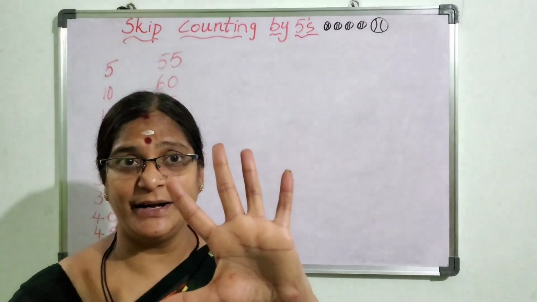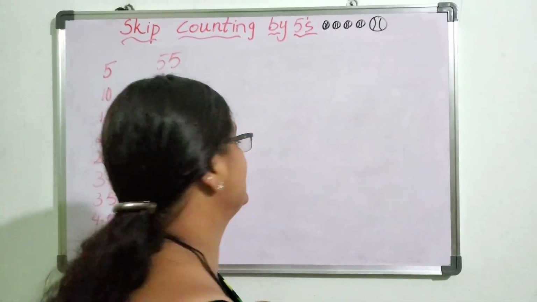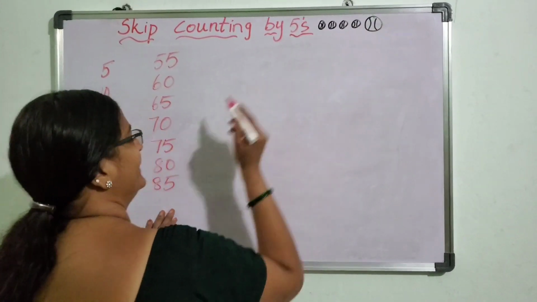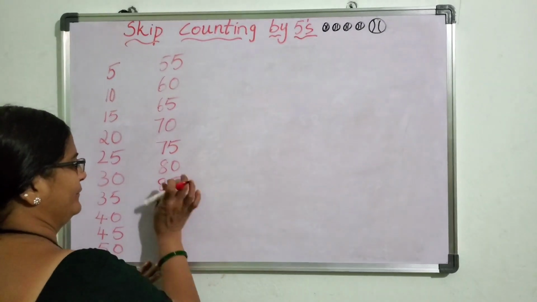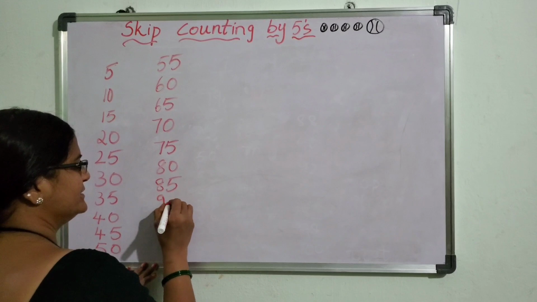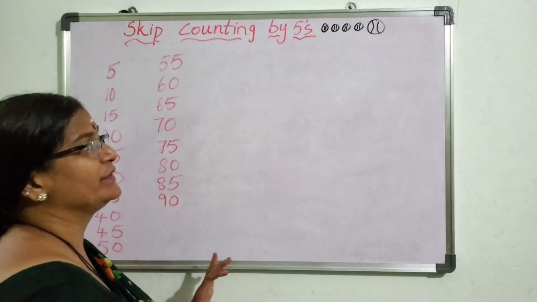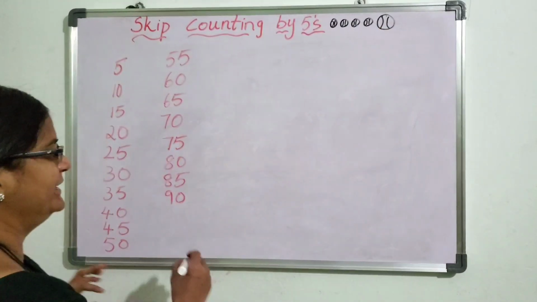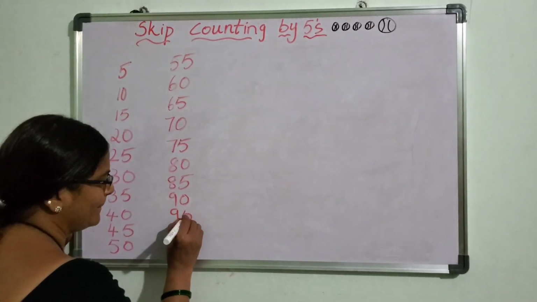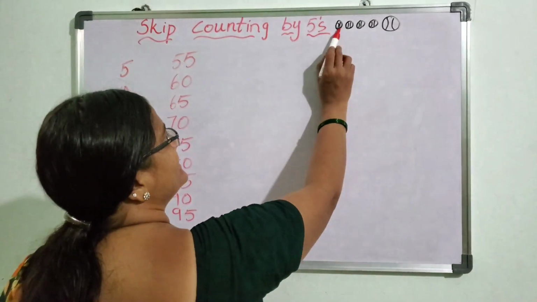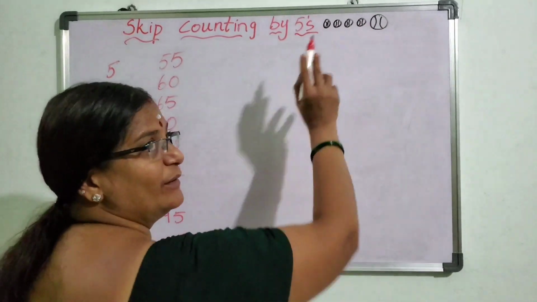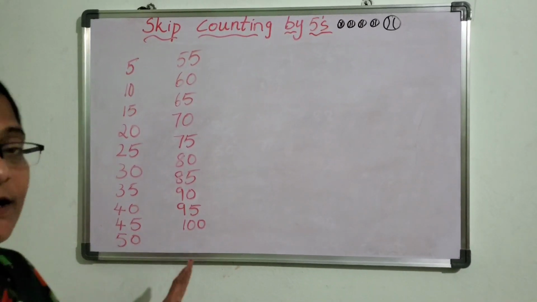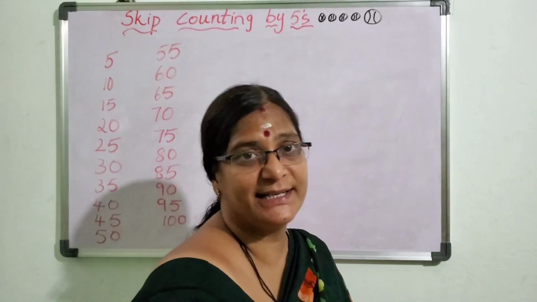Now till now we were counting with the hand. Now I'll tell you about with the balls. 85 finished. 86, 87, 88, 89, 90. Next, 91, 92, 93, 94 and 95. Next, 96, 97, 98, 99, 100. Got it? Now, I'll tell you with count by fives some more examples.